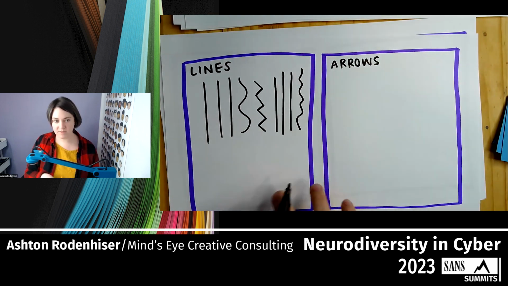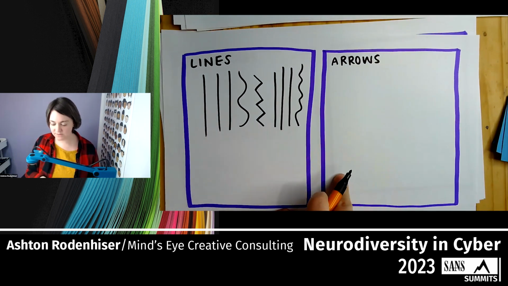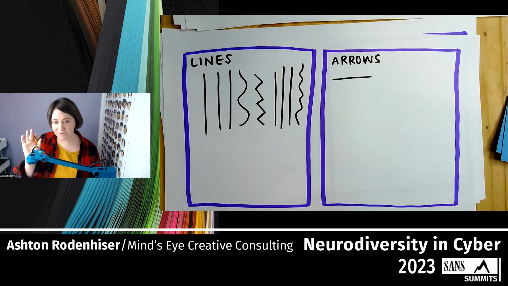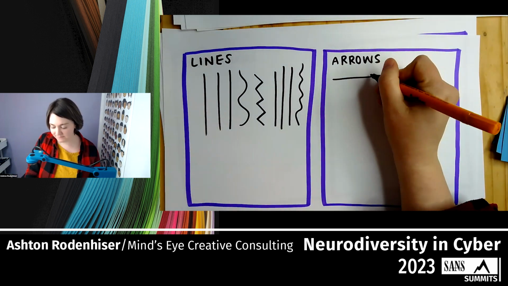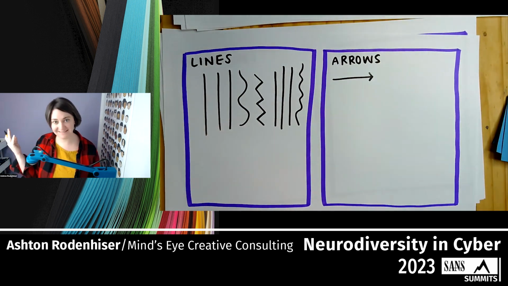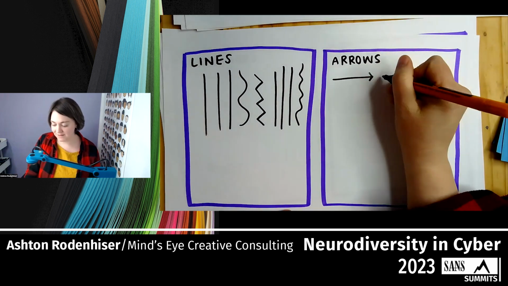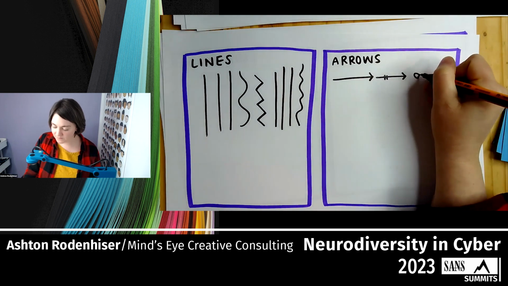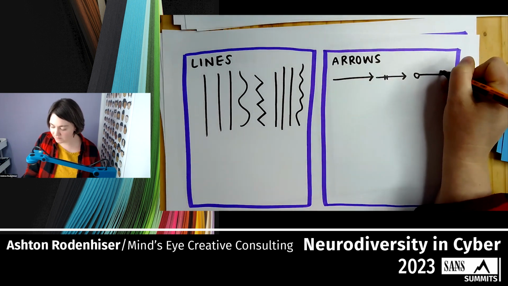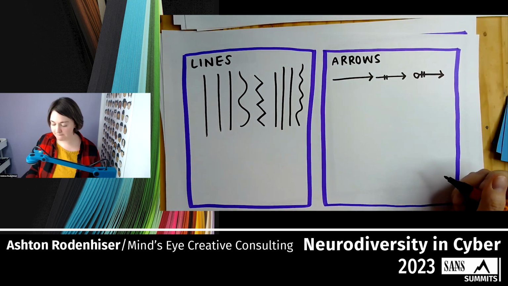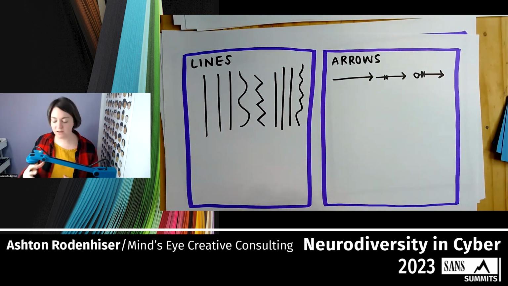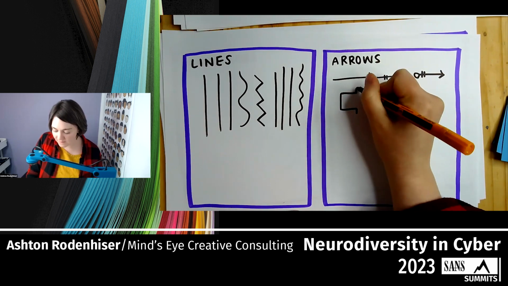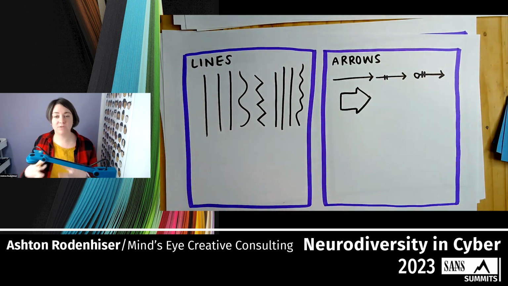So I'm going to talk about some of the benefits and how we can use lines and arrows in a second, but we're just going to talk about arrows first and then combine these two together. So an arrow is a line with a point. All right, we did it. You can draw an arrow, a line with a point. You can jazz it up as much as you want. Let's put a little circle at the end of that. If you want to be able to draw an arrow like this that is even every time you draw it,